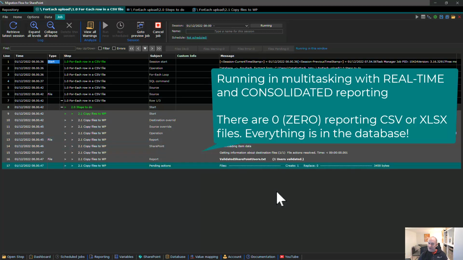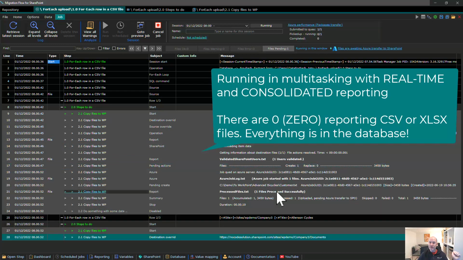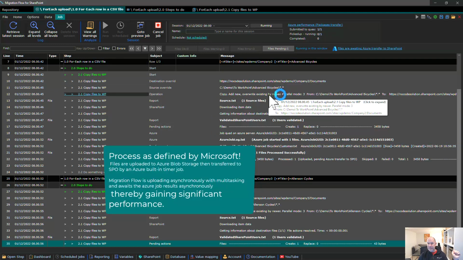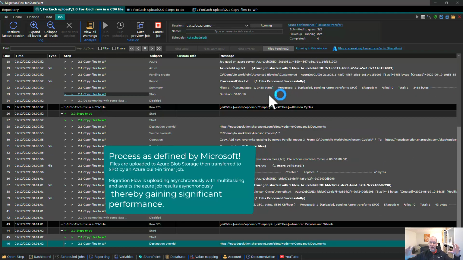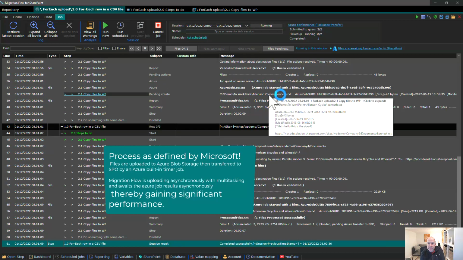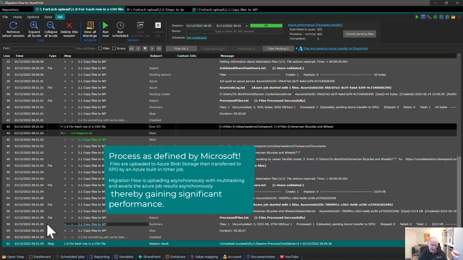Both the job is running asynchronous and the transfer of files to SharePoint is also asynchronous. Notice that the file here has been submitted to the Azure queue. It's not yet been picked up by Azure, but it will be in some time. So migration flow is actually running asynchronously super fast, independently of what SharePoint is doing and how fast SharePoint is running. So now the job has completed, but you can see there's been 2 packages submitted, but none of them